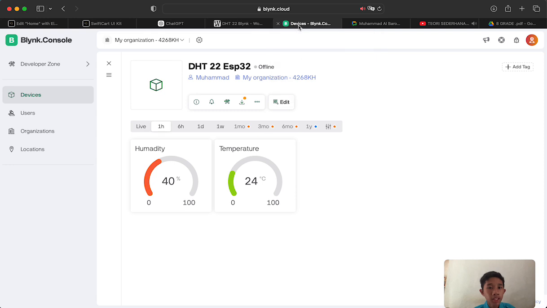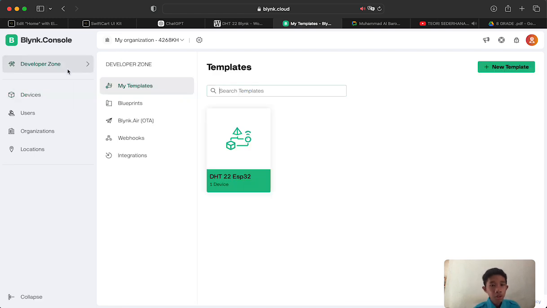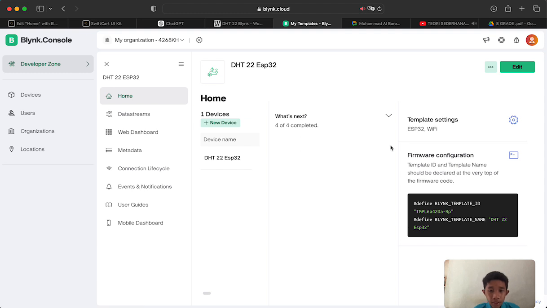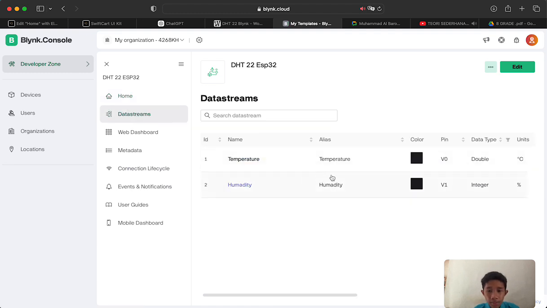Why? Because if you see in the Blynk console there is humidity and temperature, and if you go to the developer zone and after that open and go to data stream, there are 2. I use 2 pins, so one is V1 for humidity, and after that V0 is for temperature.